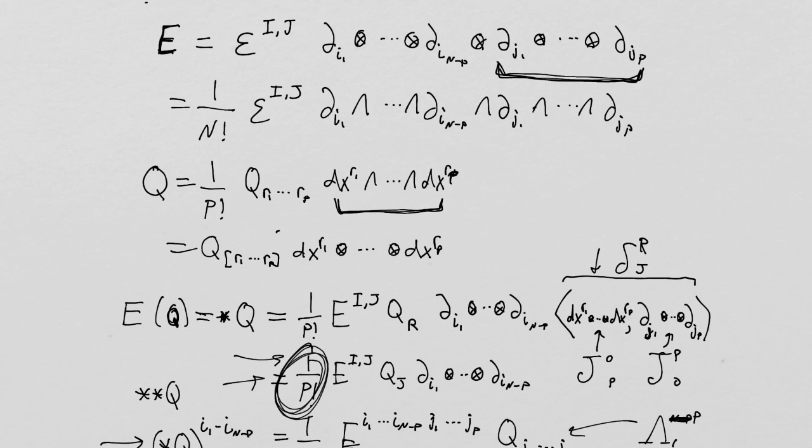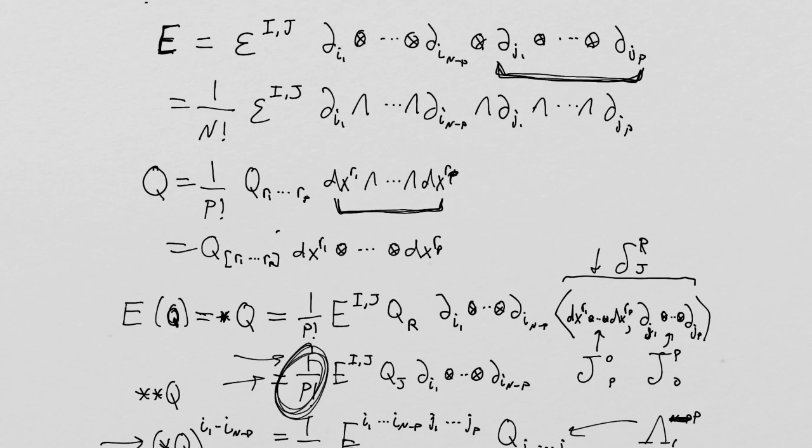But if we write it in the tensor product basis, like we did up here, it would just be an anti-symmetric collection of components and the tensor product of these one forms together. Just an alternative way of writing it down, and I think it's a little bit easier to understand in that context. So we're going to go with this. I'm going to omit these brackets for now, but we know that Q is going to be an anti-symmetric collection of components. Otherwise, it wouldn't be a form at all. It would just be a regular